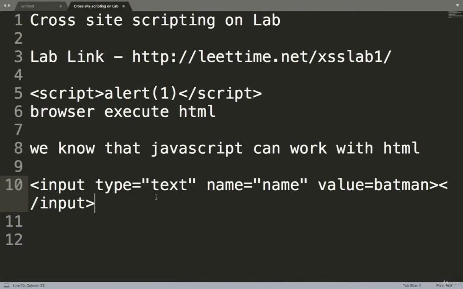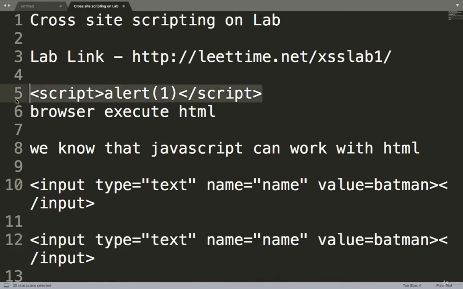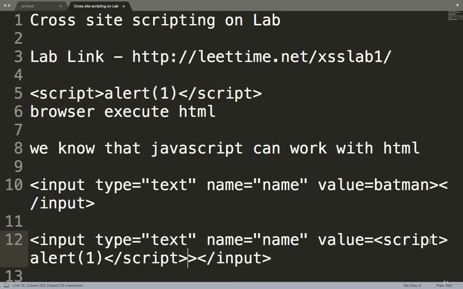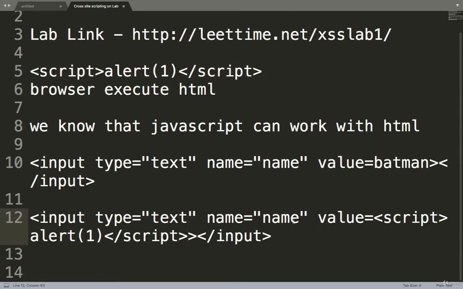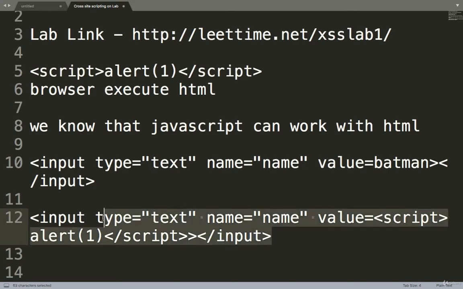So instead of Batman, if you give a script, it won't execute. It will just be inserted here, because the value is taken by this, so it won't execute. We have to go outside of this input function, or close this function, so we can execute our code.